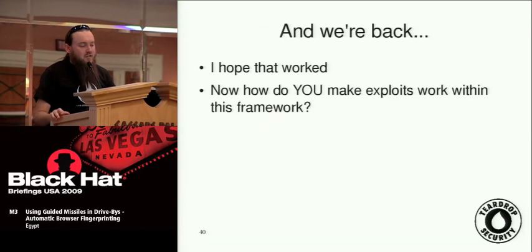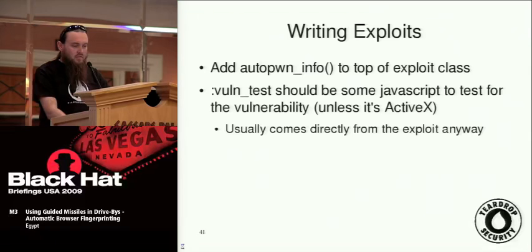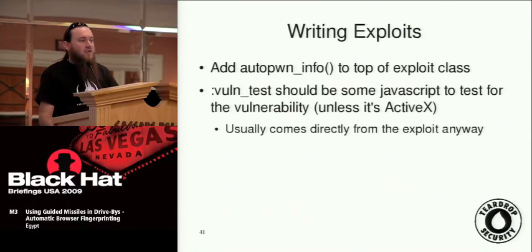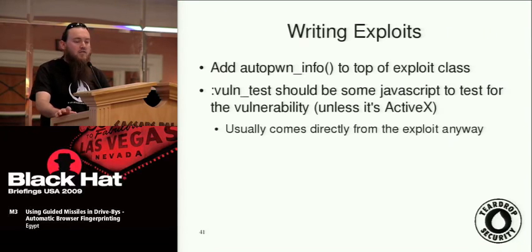Most of it did. And now that we've seen what it can do, how do you make it work for you? That's what all of this is about, making it easier to write exploits. Not just using them, but writing them and having fun with them. Writing new stuff for browser autopwn is really no harder than writing the exploit itself. You add one little function call up at the top of your class called autopwn info, and in there you put more information about what this exploit does, such as the vulnerability test that you can run